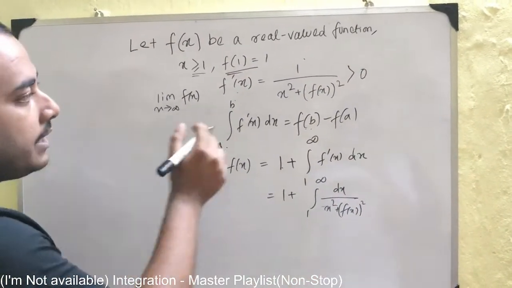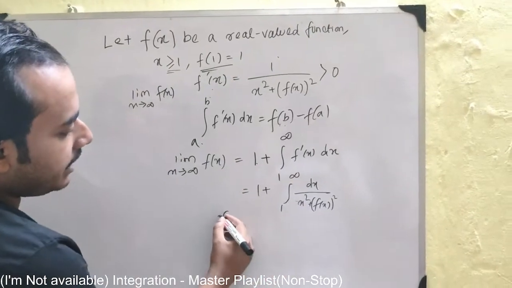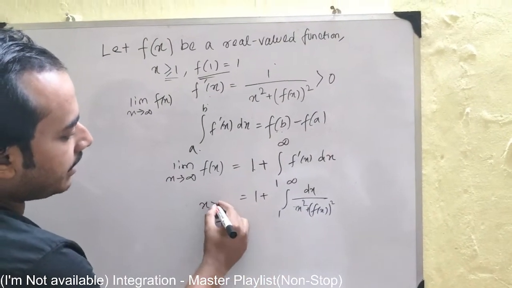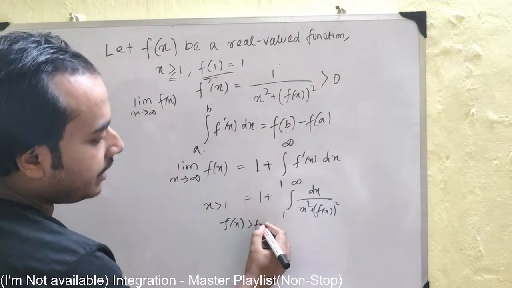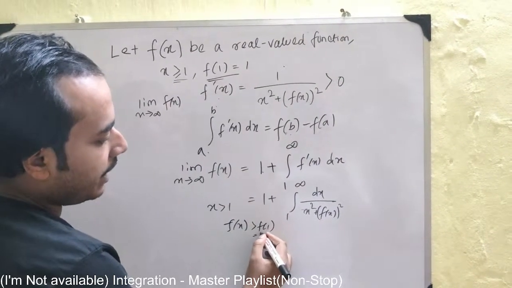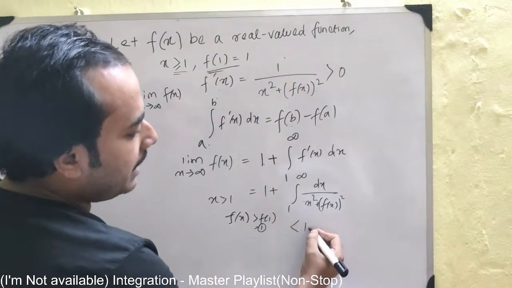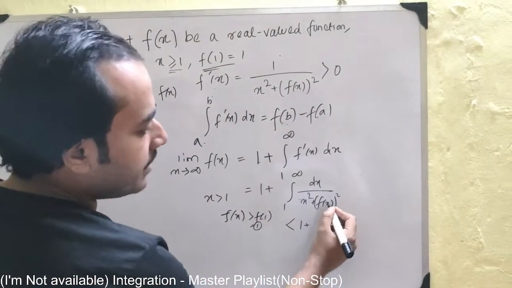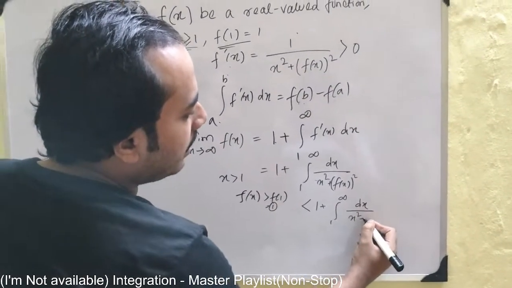But remember that since f is an increasing function, we can always write that since x is greater than 1, f(x) is greater than f(1), right? Which is nothing but 1. And since f(x) is greater than f(1), this quantity here should be less than the integral from 1 to infinity of dx by x squared plus 1, since f(x) is in the denominator,